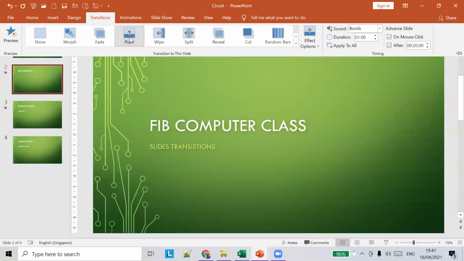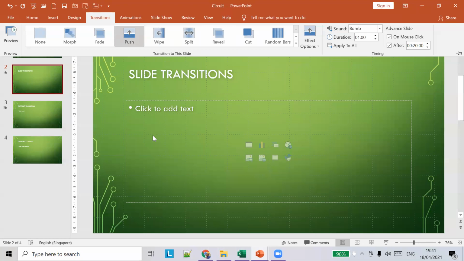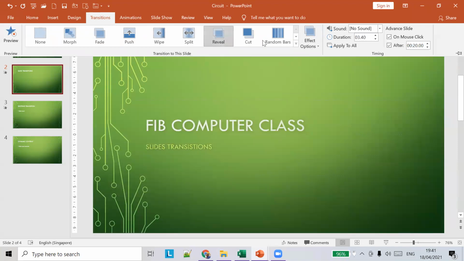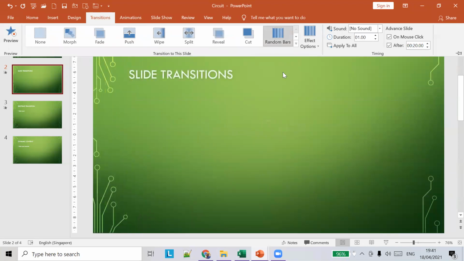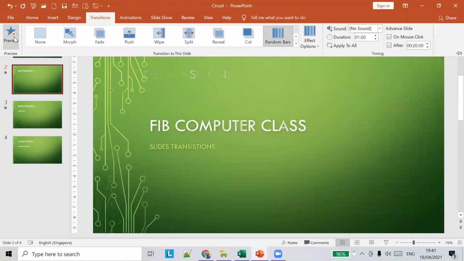When you move from one slide to another, how the slide moves, how the animation affects it, this is called a transition. You can do different transitions. This is what we call transitions. So you got it?